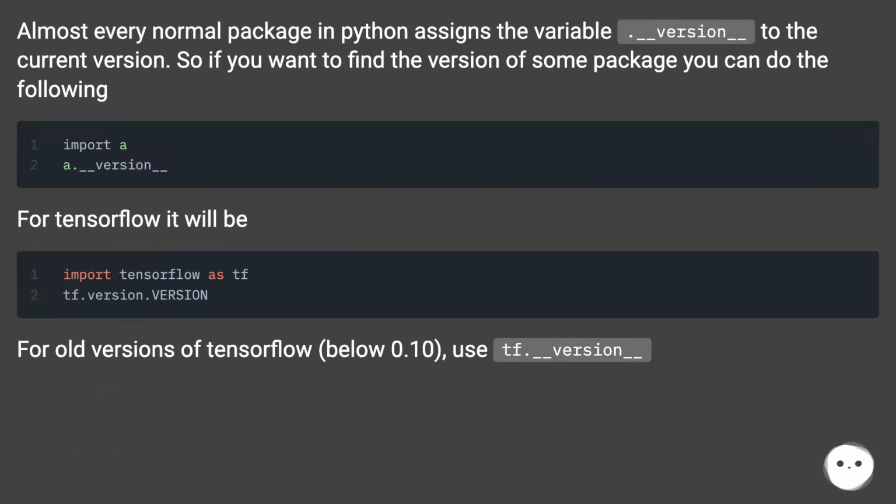Almost every normal package in Python assigns the variable .__version__ to the current version. So if you want to find the version of some package, you can do the following. For TensorFlow it will be